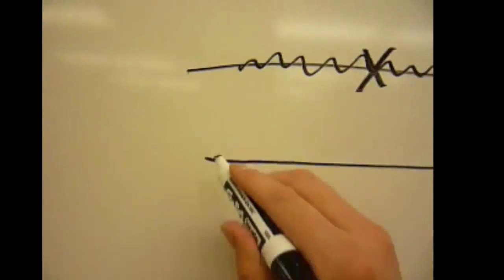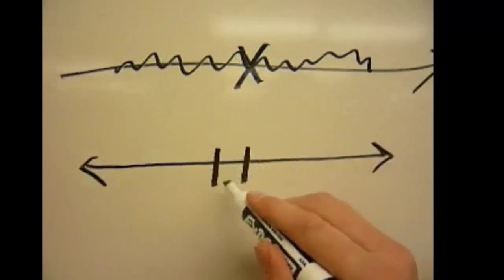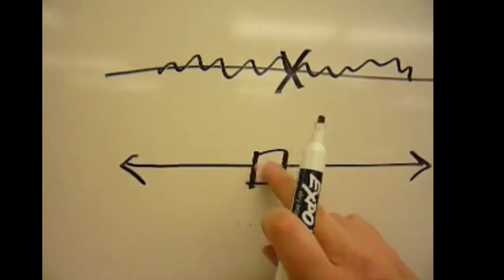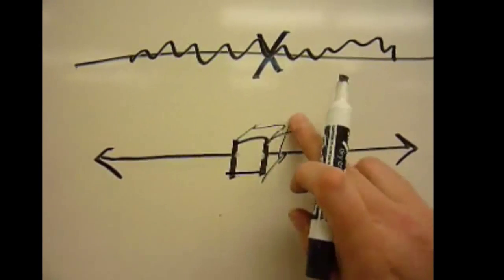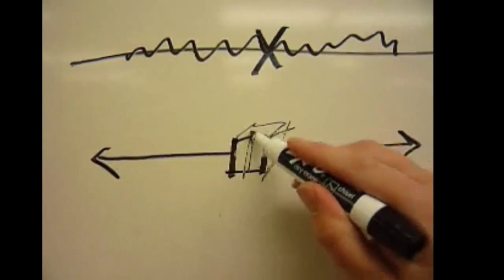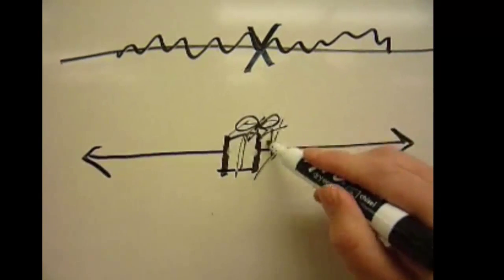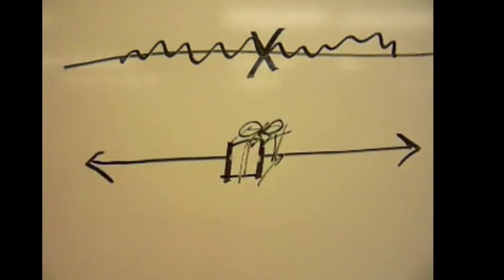A different kind of visual, one that I like, is to imagine a present on a timeline. This is like our preterite. It's nicely wrapped up. It's a nice, clean thing, beginning, end. Put a little bow on it. Nice, pretty thing on the timeline is the preterite. BAM on the timeline.